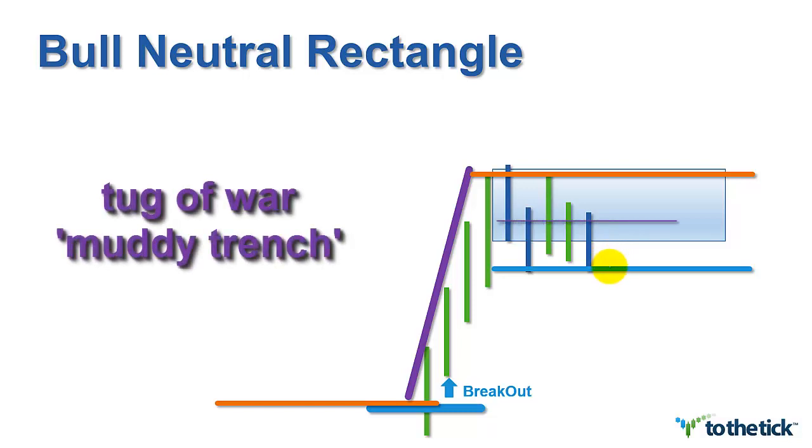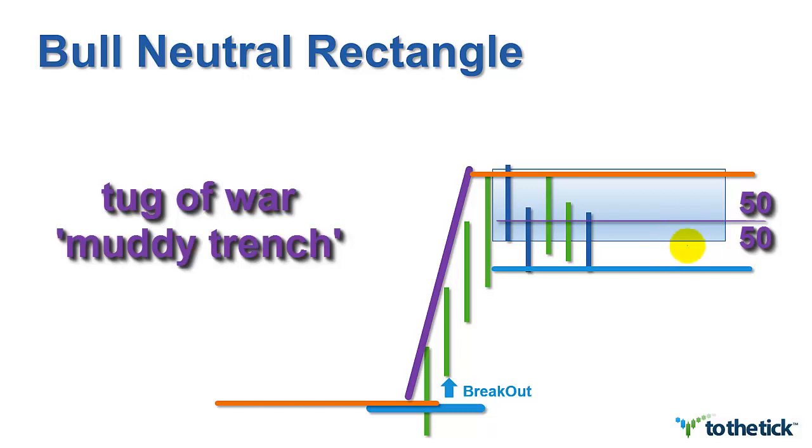So I like to think of this area as a muddy trench, if you will, and a great big game of tug of war. To me, the middle ground, you can see it with your price action, the middle ground, more or less, of your rectangle between your swing high and your swing low typically represents your muddy trench during your tug of war. So as traders, we have a neutral picture, but we're still thinking trend continuation based on our pole,